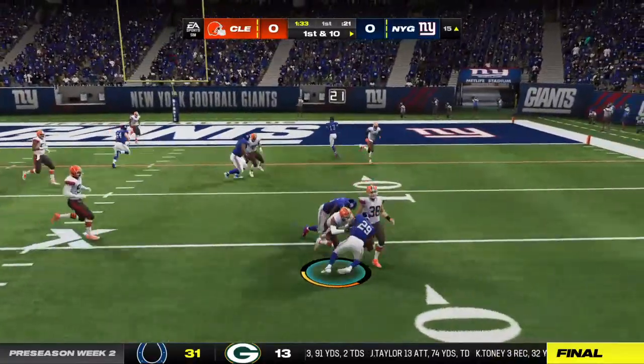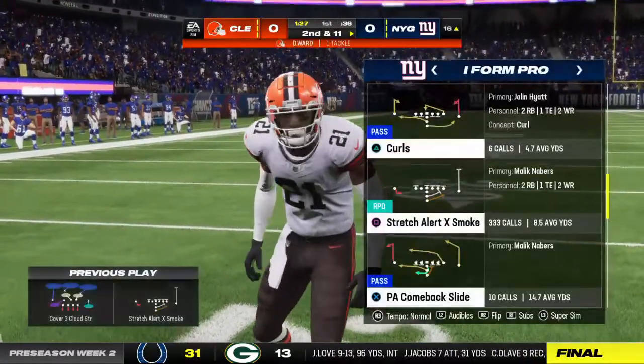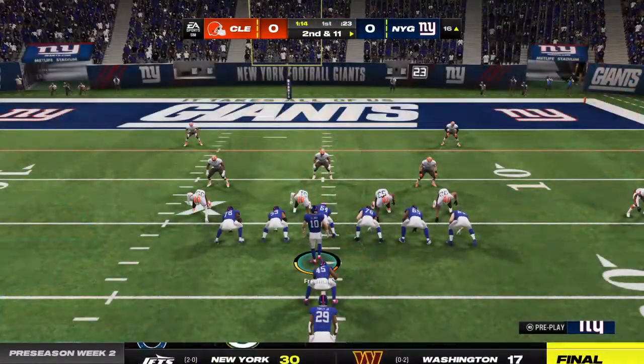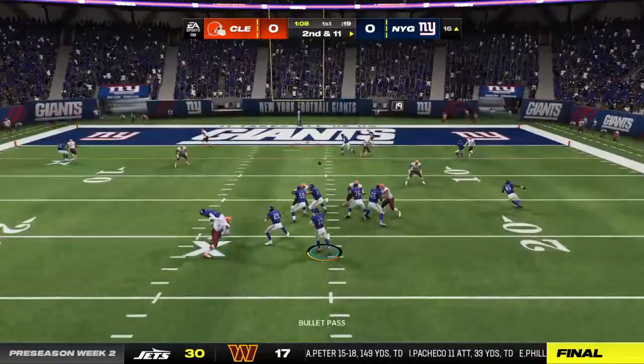Tracy trying the right side. And he goes backwards here, losing yardage back to the 16. They'll lose a yard there, and it's 2nd and 11. The defense was ready for the run-pass option, diagnosed it perfectly. Not only did they stack him up at the point of attack, but he was met by a host of